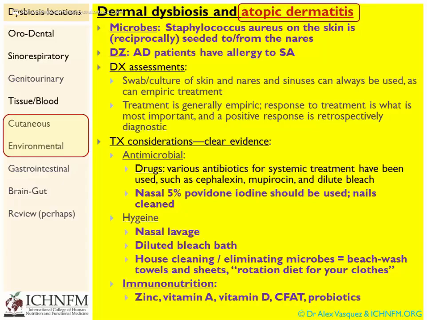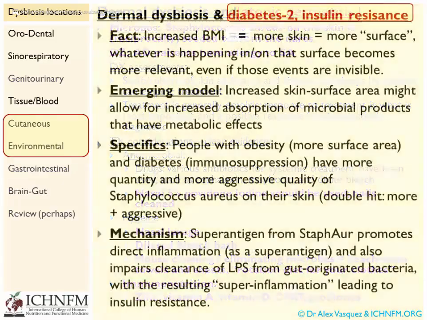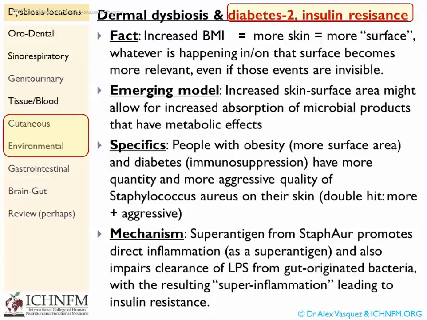Now let's stay on the topic of dermal dysbiosis and see if we can apply this information to type 2 diabetes and insulin resistance. So what I'm going to do here is just go through a stepwise process, of course. We're going to look at facts, we're going to look at an emerging model, we're going to look at some specifics, we're going to look at the mechanism, and then I'll show you again some of the research that we've looked at before. So the fact is, patients with increased body mass index, which correlates with obesity, have more skin